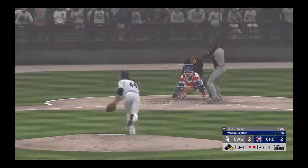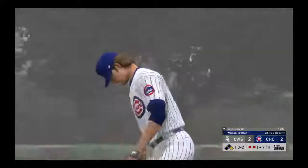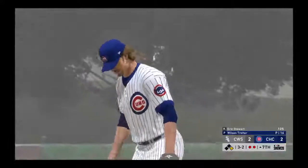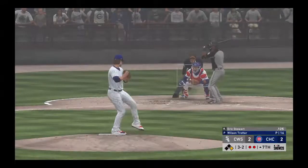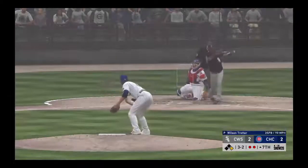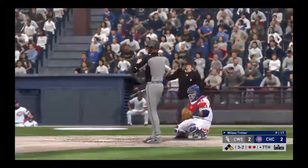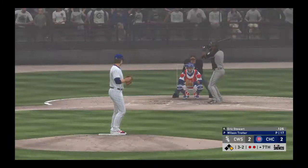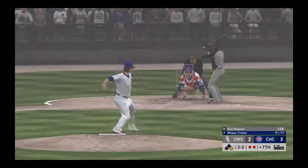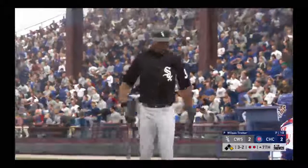He's ready now. The pitch. And he takes a called strike at the knees, and that'll run things full. Good spot for an RBI. Put the ball in play with the runner in motion. He could score all the way from first. 2 out with the possible go-ahead run at first. Fouled away. Once again, a 3-2. Boy, really making him work now as the 7th pitch of the at-bat is also fouled